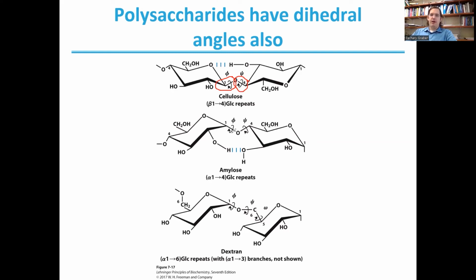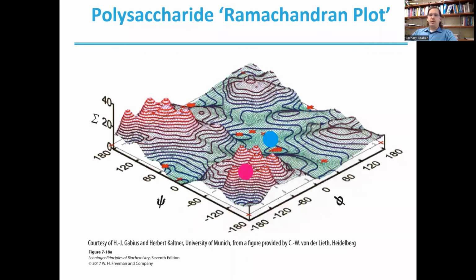Again, between an alpha versus a beta glycosidic bond, we'll have a difference in how those dihedral angles can be arranged. Our sugars will actually have a Ramachandran plot similar to our proteins. Here we see a very similar plot with our phi and psi angles,